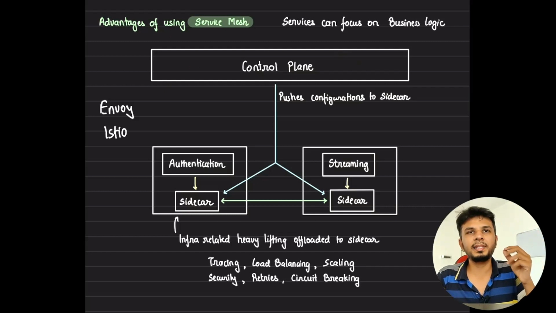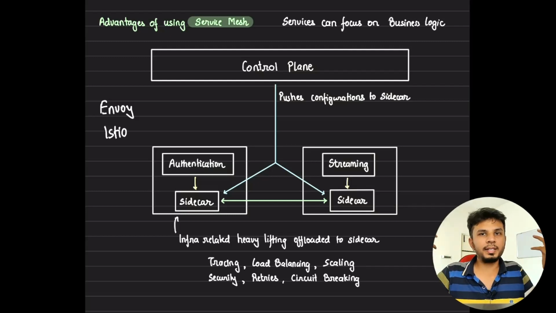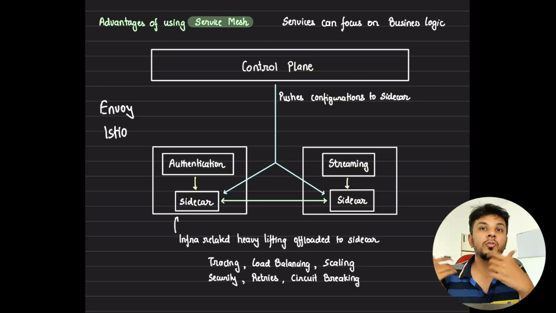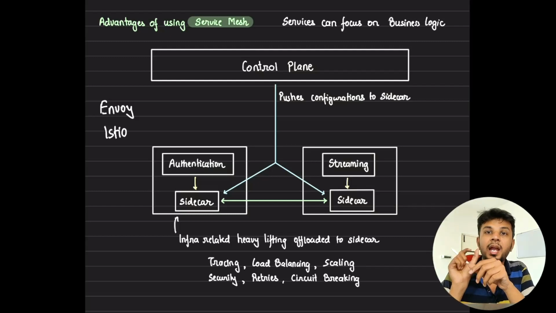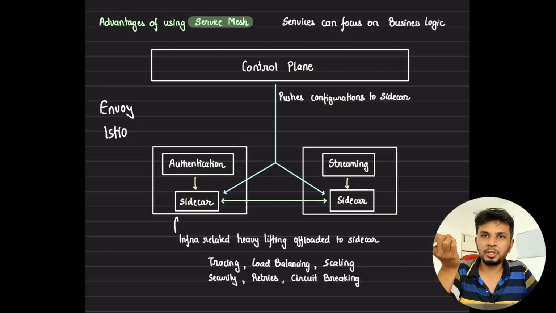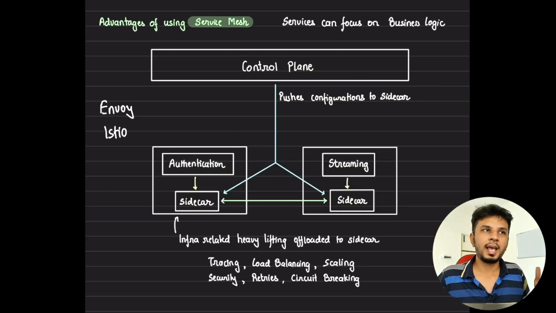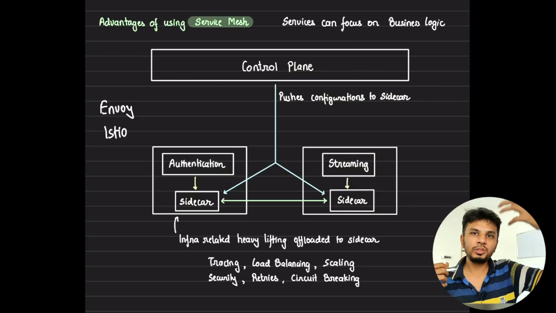So this control plane holds all that information, and anytime you spin up a new instance, let's say another instance of the streaming service, that instance would have one process for the streaming service and one process for a sidecar for that streaming service. When this machine boots up, it sends data to the control plane: Hey, I am the new machine in town. I handle streaming and this is my IP address. So they register themselves to the control plane.